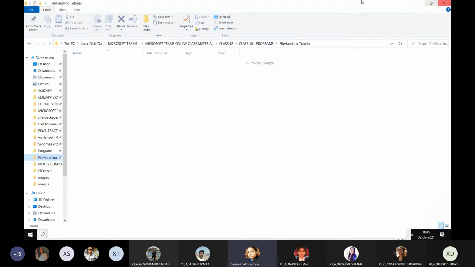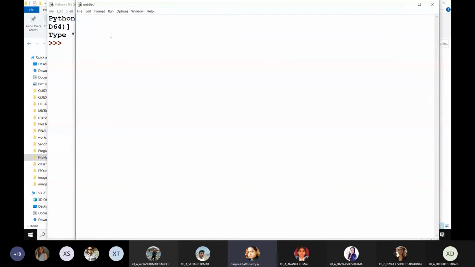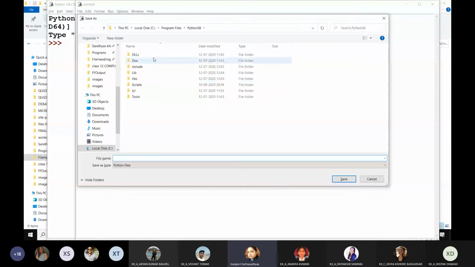Okay, normally when you save anything in Python, please remember this one thing. I'm opening a new document here. When you click on Control S, it by default shows you which path, the Python 3.8 or Python 3.7 folder, which is the installation location within program files within C drive.